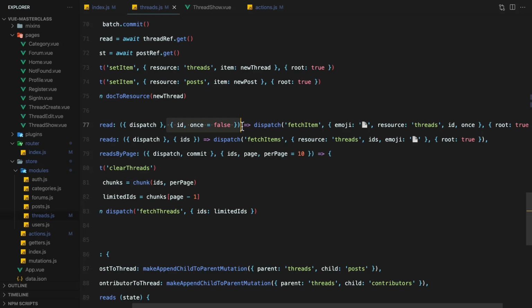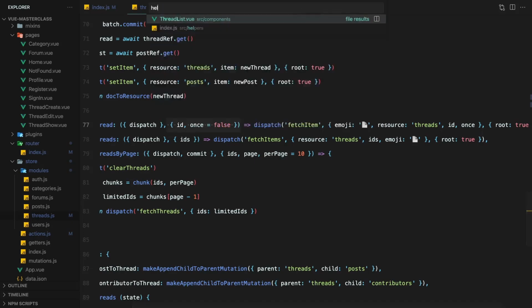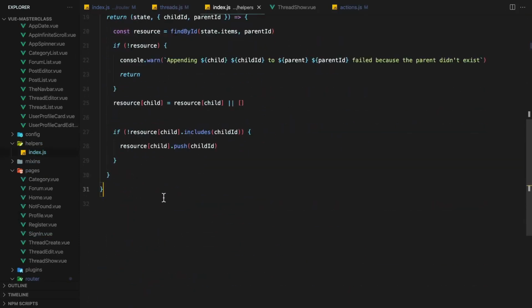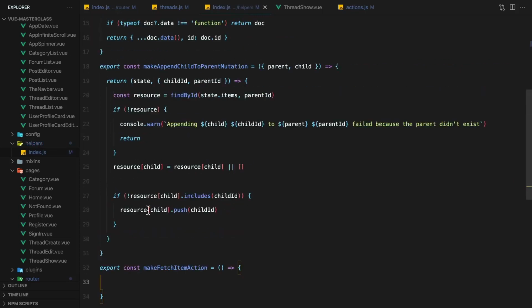To make things easier on ourselves, let's create a helper function to generate our different fetch resource actions for us. This will be like the higher order function make append child to parent mutation. Its job will be to generate the action for us.